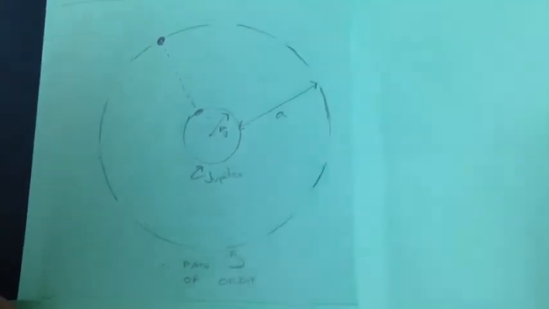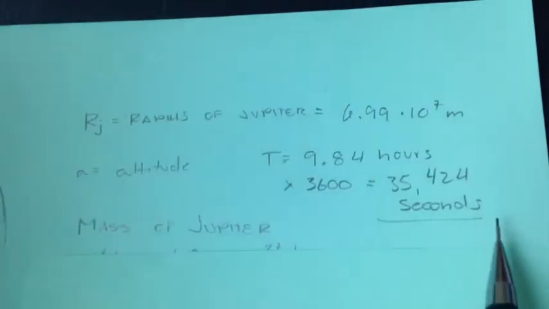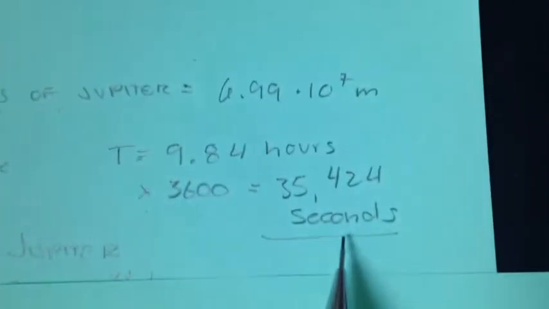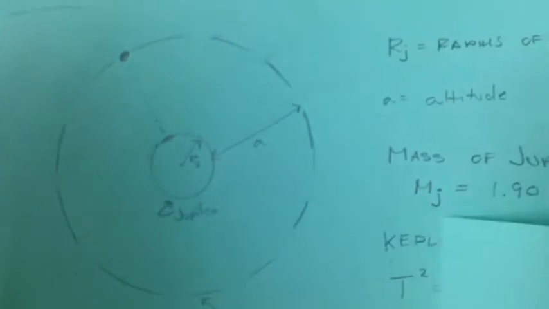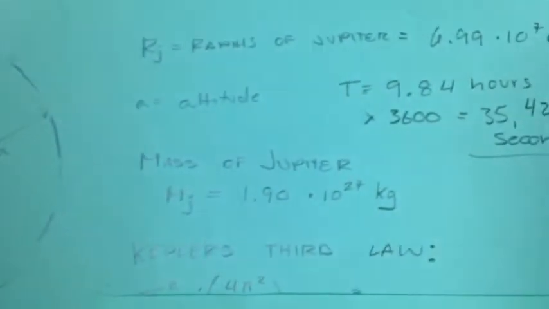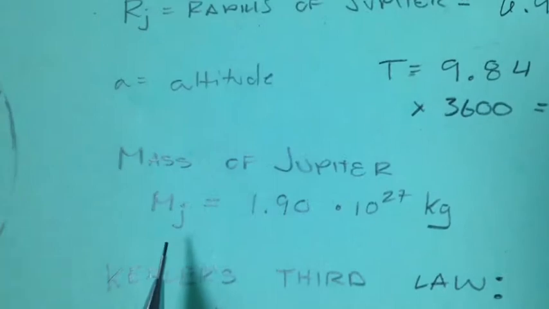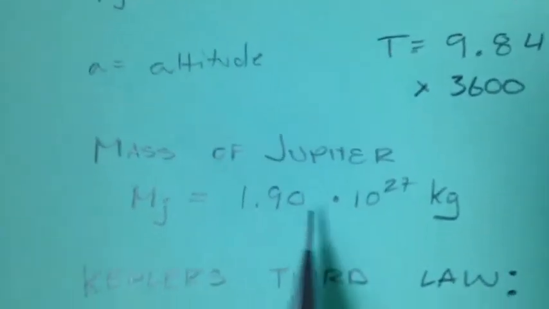The time given in the book is 9.84 hours. We have to multiply that by 3,600 to get 35,424 seconds. In this diagram, A is the altitude. Jupiter has a radius of RJ, which happens to be 6.99 times 10 to the 7th meters. The mass of Jupiter, which is also found in the table in the book, is 1.90 times 10 to the